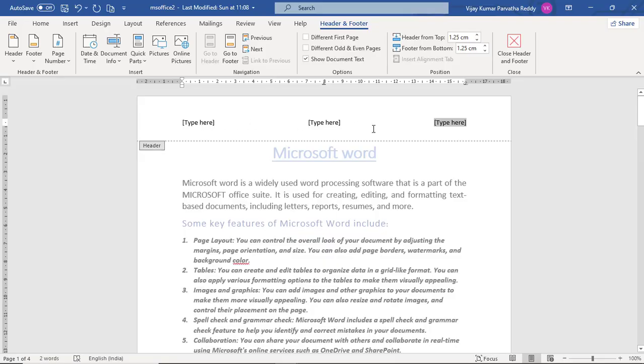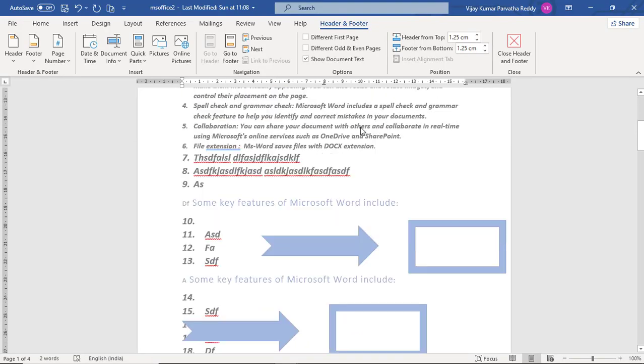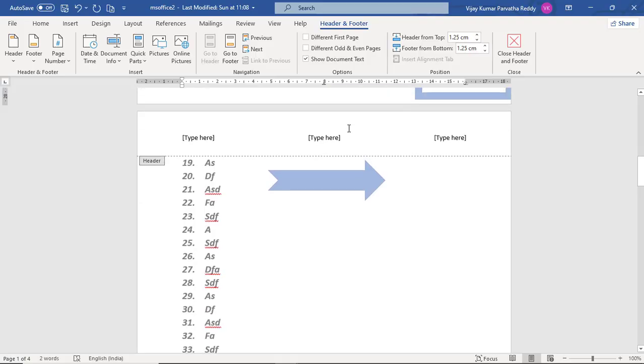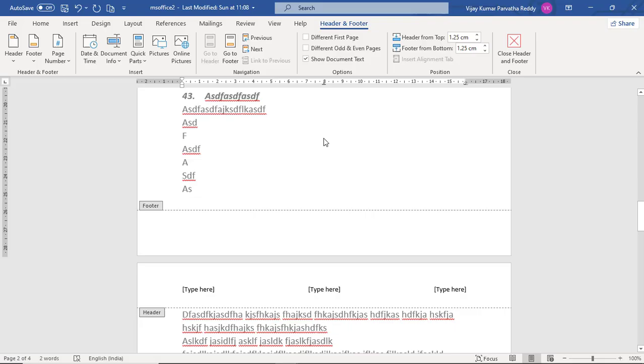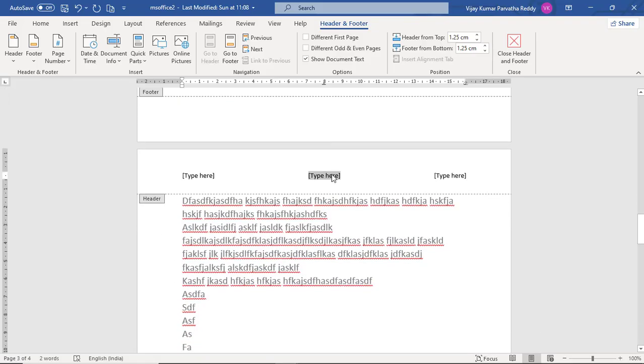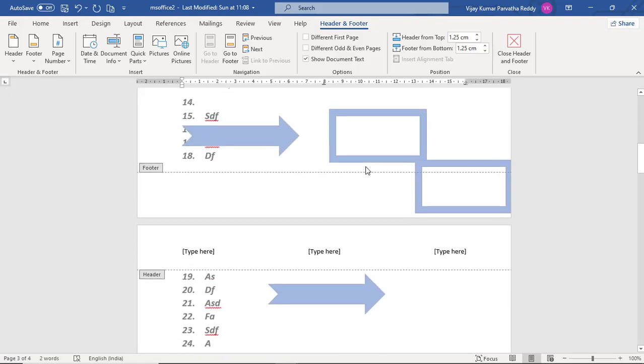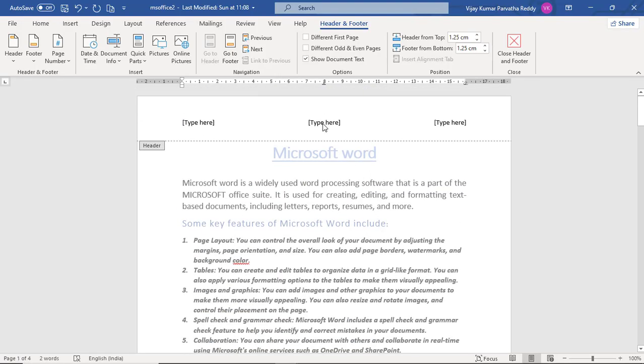This header text will repeat on each and every page. See, I am on the second page, there is the header, and I am on the third page, there is also the header. So, once you edit any text in the document, suppose I am in the center, I am typing, this is MS Word course notes, like that.